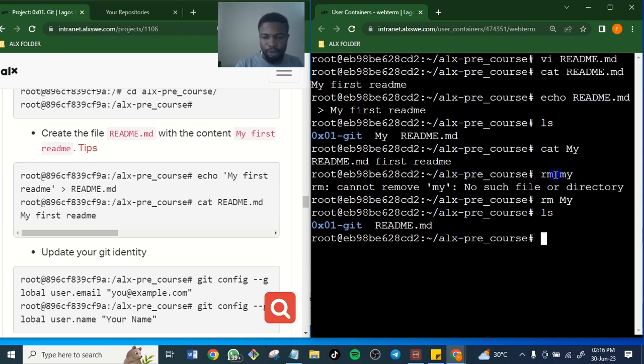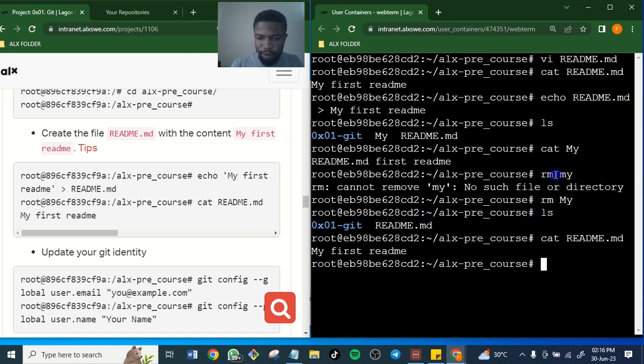Good. So let's cat and see what is inside it to be sure. Cat readme.md. What do we have? So let's clear our screen. So we have created this readme.